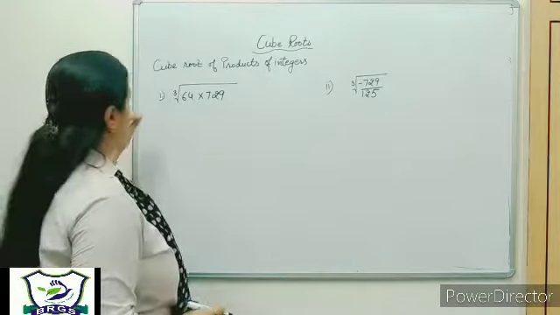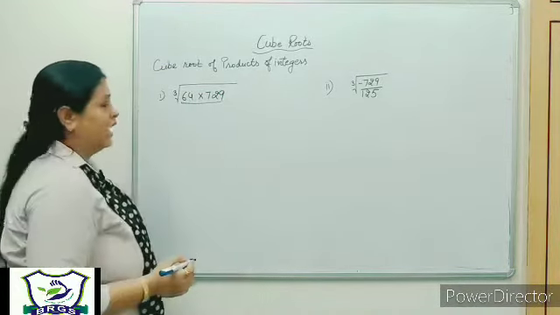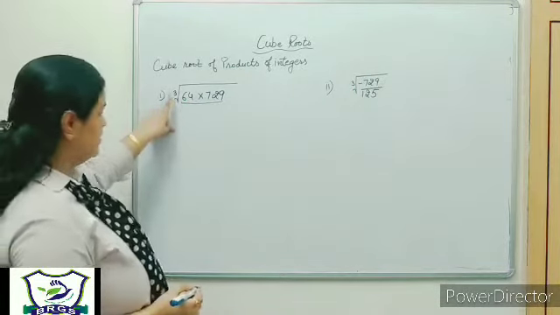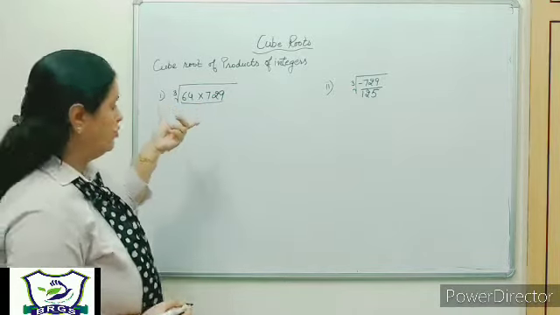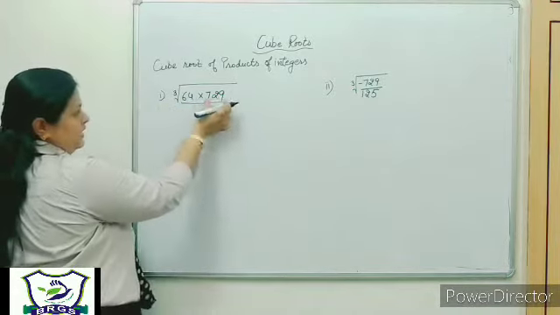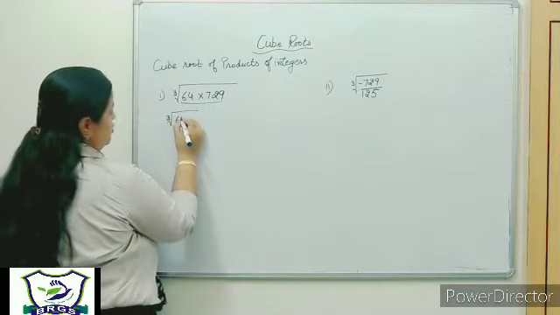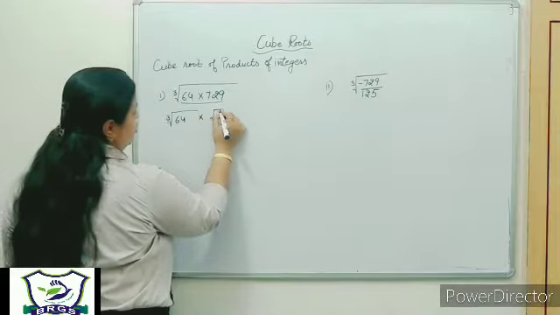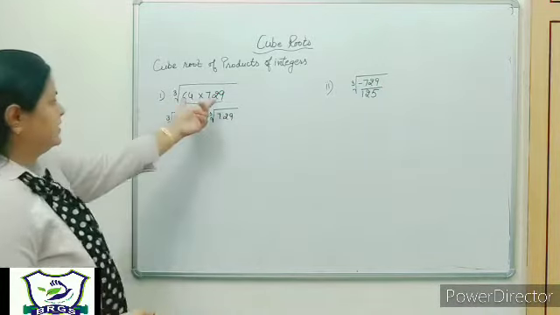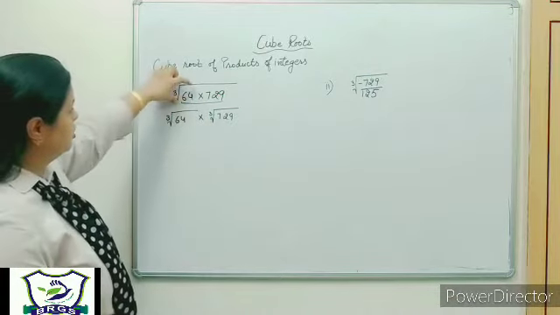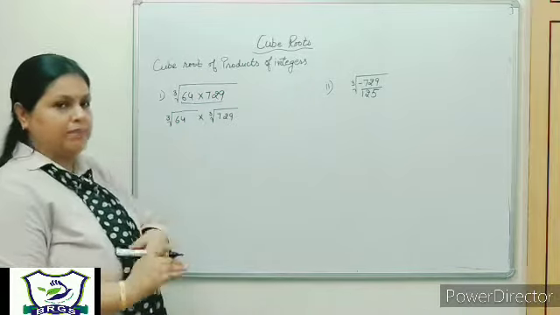Clear? Now the type of question next is cube root of products of integers. Now here product is given and cube is mentioned, 3 is mentioned. It means we have to find cube root of this product. How to find? Either you can separate these two integers, आप इसको अलग अलग कर सकते हो, cube root of 64 into cube root of 729, और आप इसको एक साथ भी कर सकते हो. अंदर ही फैक्टराइज करो आप रूट के, और ग्रुप्स बनाकर फिर आप इनको ग्रुप से एक एक फैक्टर बाहर निकाल के आप मल्टीप्लाई कर सकते हो.